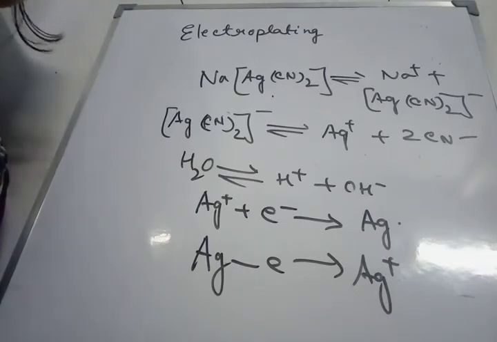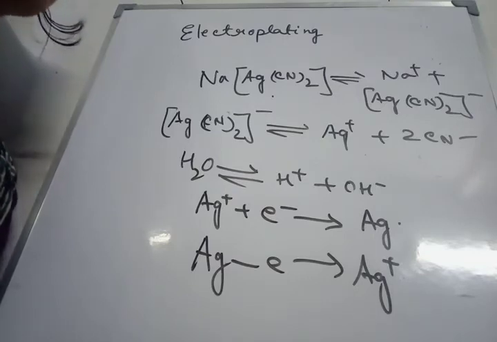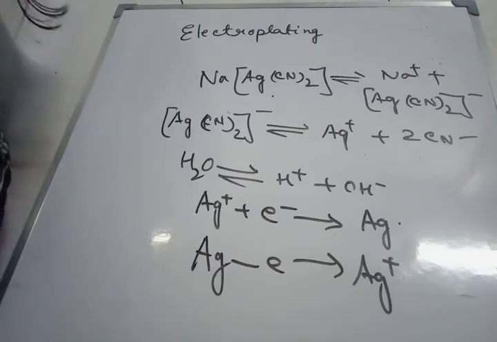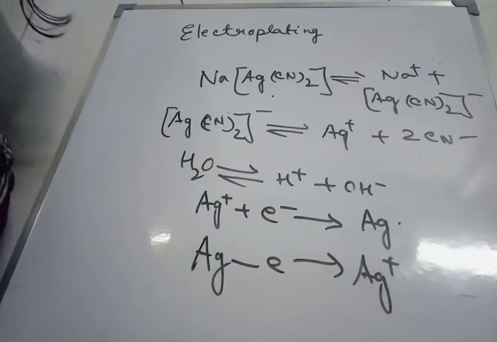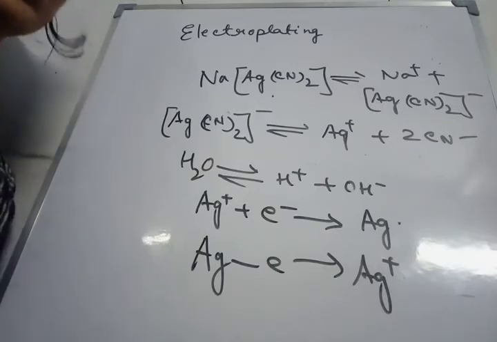In this particular reaction, silver nitrate is not used as an electrolyte because on using silver nitrate, the deposition of silver is rapid, so the coating on the metal surface is not uniform. The process continues till the entire mass of the anode gets dissolved into the solution.